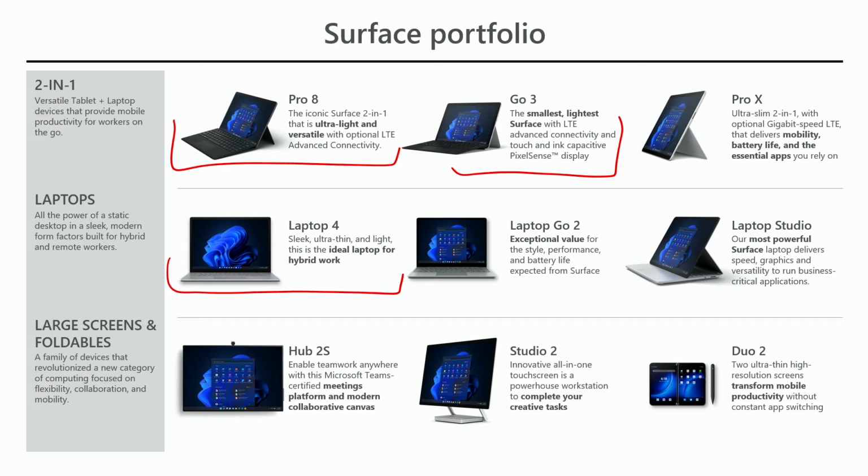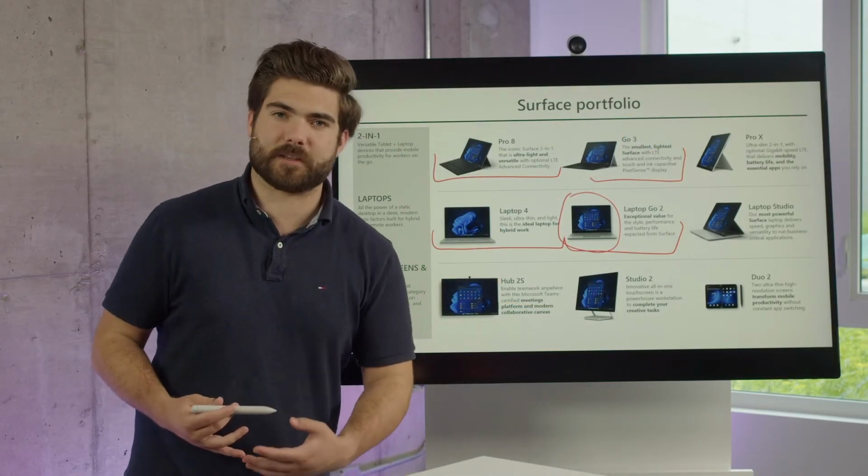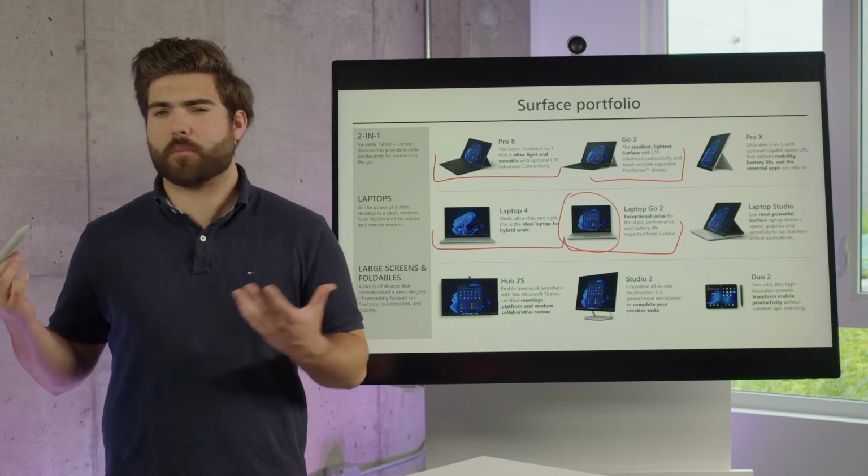The newest member of our Surface family, you'll find this interesting, was just released about last week, is this Laptop Go 2. Shown here in this picture, I don't know how well you can see it up on your screen, so I'll go ahead and circle it just to draw extra attention. It's shown in this image in the newest color, which is sage green. This device is coming in sage green. Green's my favorite color, so I like to shout that out, but this Laptop Go 2 has the style, performance, and battery life that you expect from a Surface device, but it's also offered at a much more approachable price point.